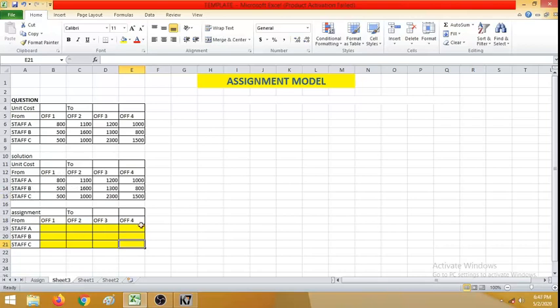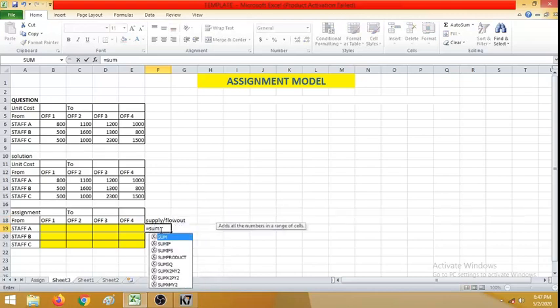Okay, so now I am going to define what the supply and demand are going to be. Supply can also be called flow out. The formula I am going to use here is the basic sum function.